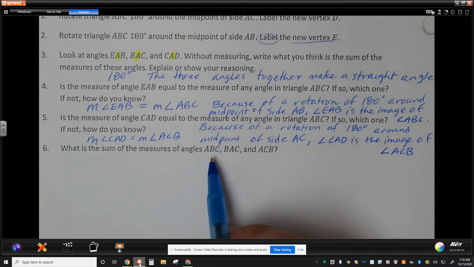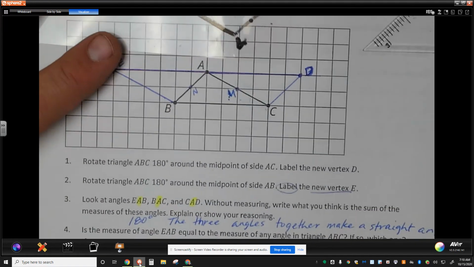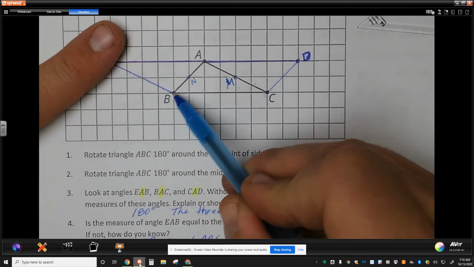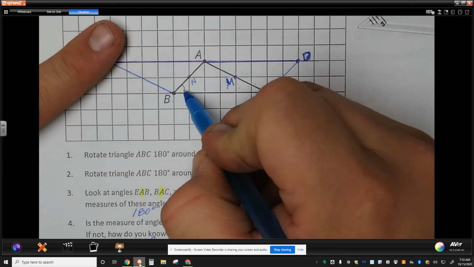They throw us off just a little bit, and they talk about what the measures of each of these vertices are. So the measures of the angles here are talking about angle ABC, angle BAC. So we're asking what are the measures of this angle here,